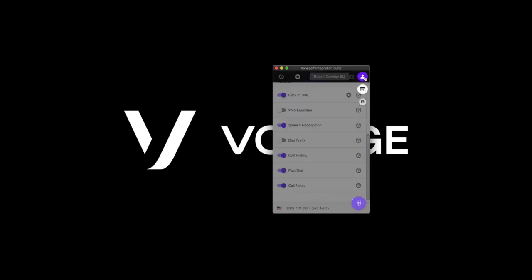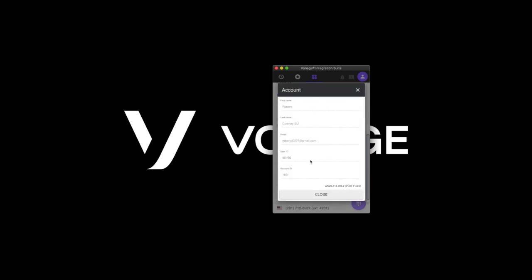The profile button allows me to do several things, such as visit the administrative web portal so that I can see how my users are doing in the integration suite, look at call logs, and make modifications to the actual pop-up window so that I can customize what they see when a call comes in. I also have a user reporting section, which allows end users to see their individual call logs as well as their overall performance. The account button, again, allows me to see how I'm logged into the system.